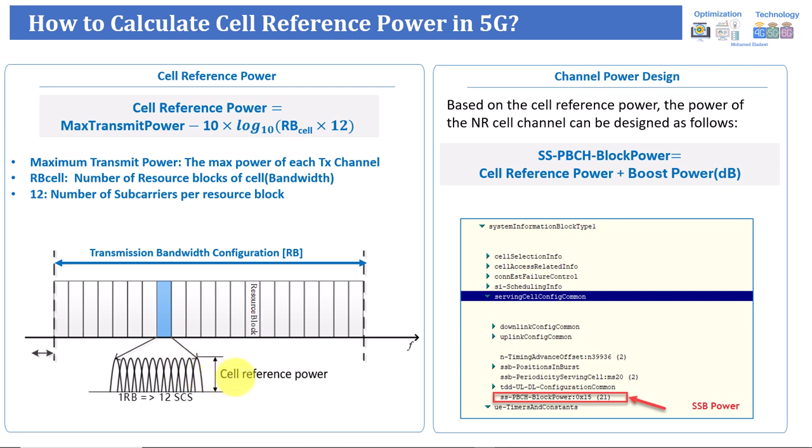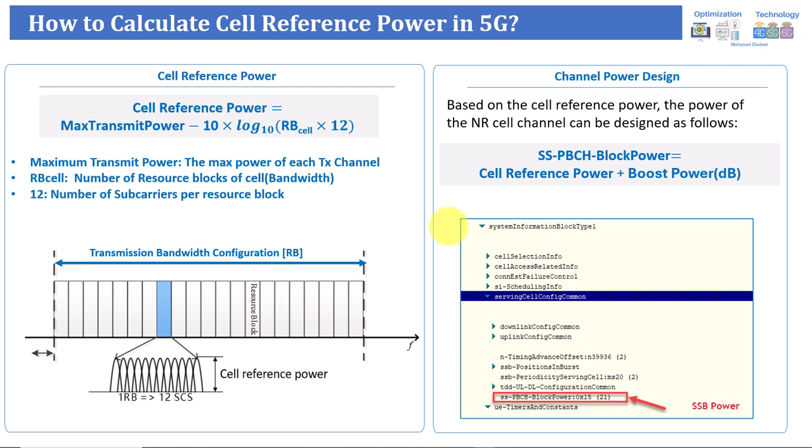So whenever you need to tune an offset from the others, I'll explain this one with more visualization in the next slide. For example, if I increase the SSP power by 3 dB on top of the cell reference power, let's say the cell reference is 18.2 or 19 and I increase it by 3 dB, in this case you will need to take from the others, or reduce the other cell reference powers, or mute other resource blocks or resource subcarriers within the same location where you allocate the SSP,